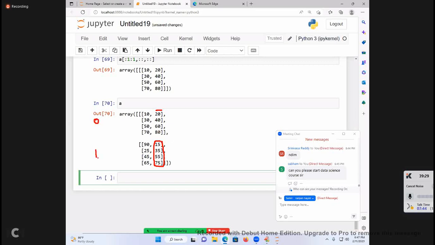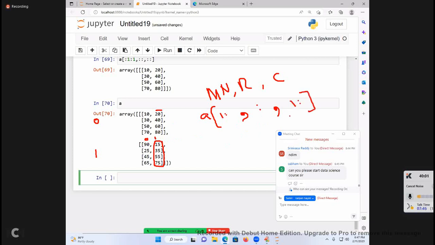0, 1. Come on. A of 1 colon. Okay, beautiful. 1 colon. That means 1 only. This is matrix number. Rows, columns. Which rows? All rows. Okay. Which column? 0, 1. What is this now? 1 colon.